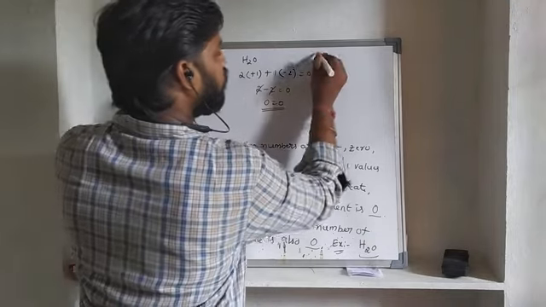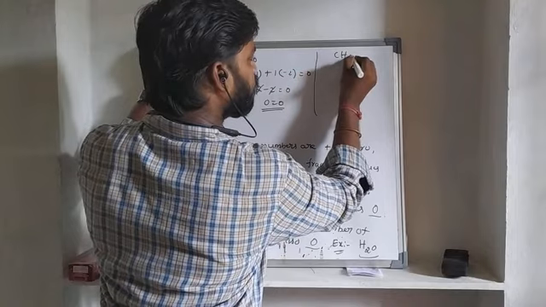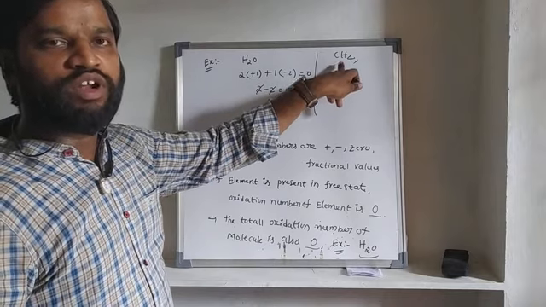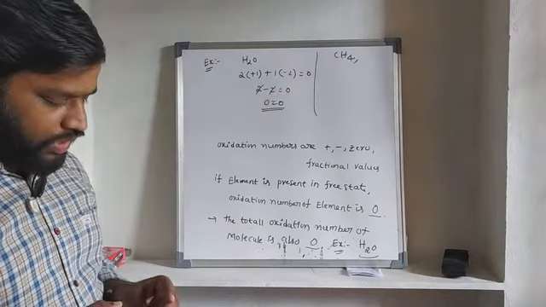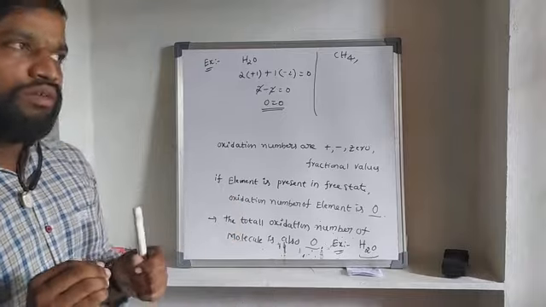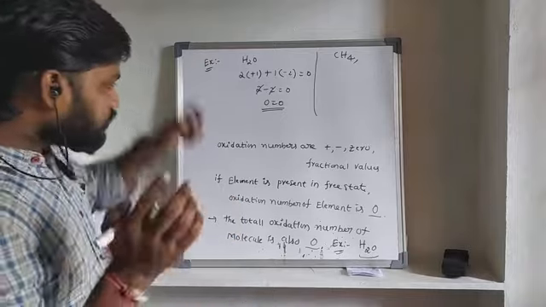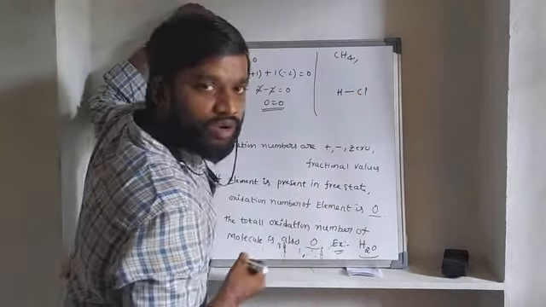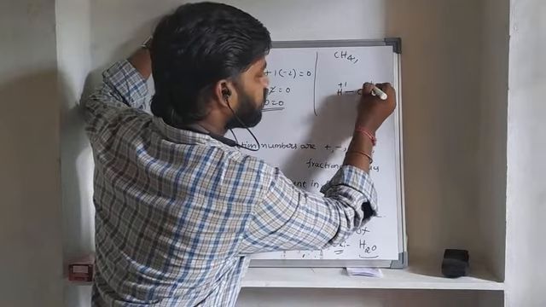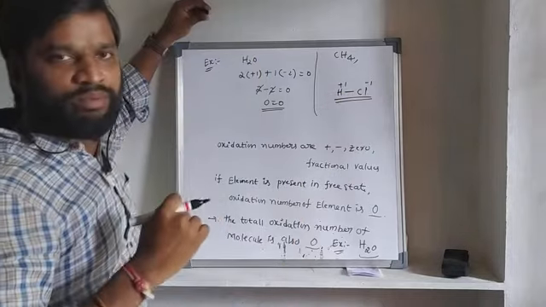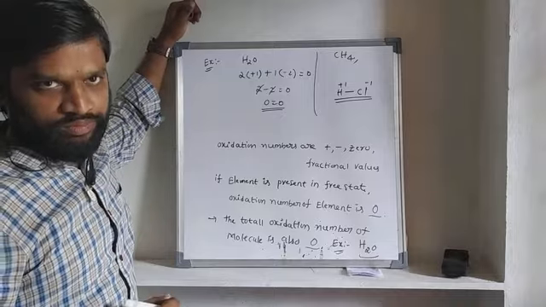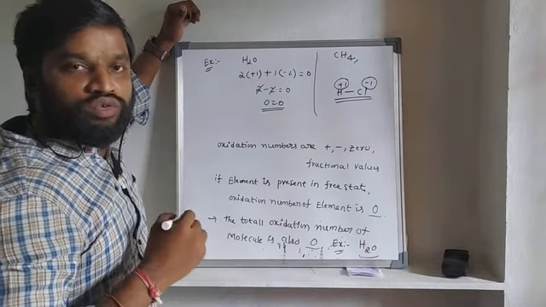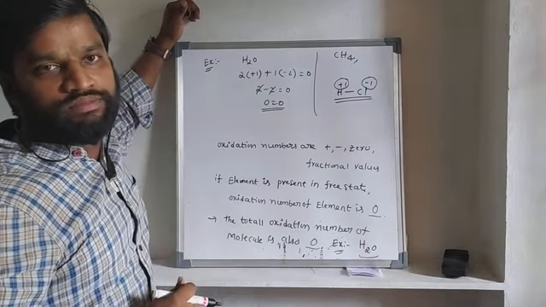Not only H2O, we can calculate CH4 also. In CH4, the total oxidation number of molecule is 0. Okay. So this is simply what is the oxidation number. But here charges are developed. For example, HCl molecule. Here +1, here -1. So how are these charges developed on the atom of element in a molecule?